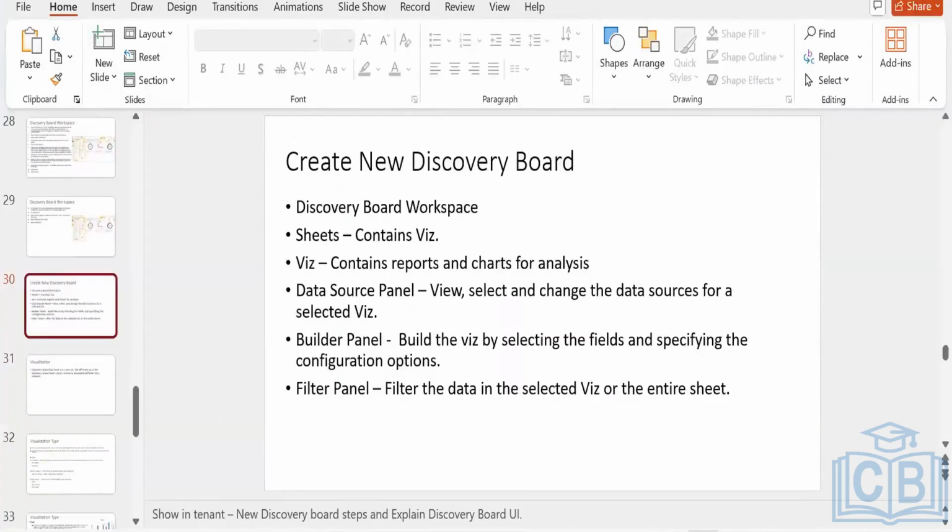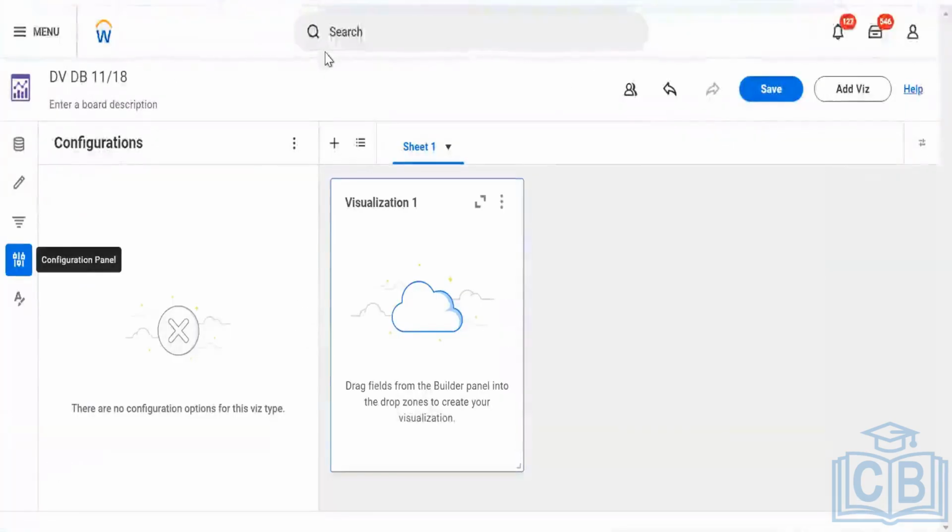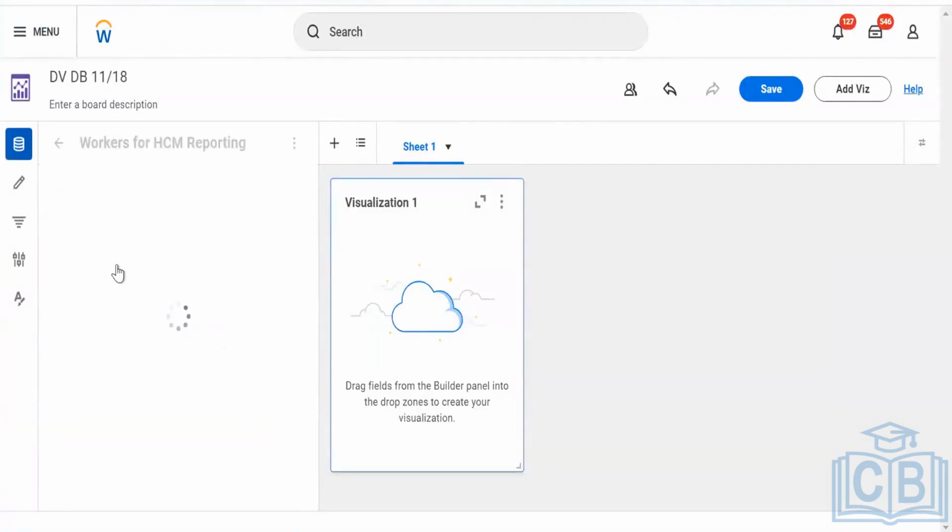Now we discuss the creation of the discovery board. To create a discovery board, first of all, as I told you, I need to select the